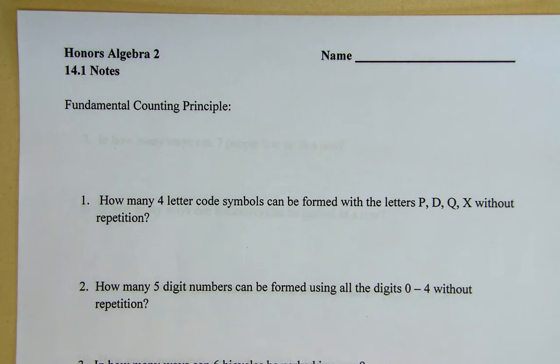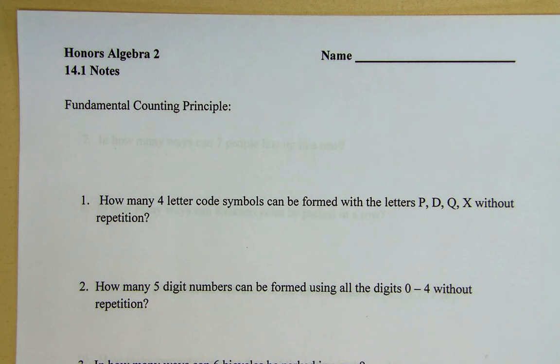Alright, in chapter 14 we have a few different ideas. We have this idea of probability, and we have this idea of combinations and permutations, or the number of ways things can happen. So before we can hit on probability, we need to first start with the number of ways something can happen. So in 14.1, most of what the problems talk about is either this thing called the fundamental